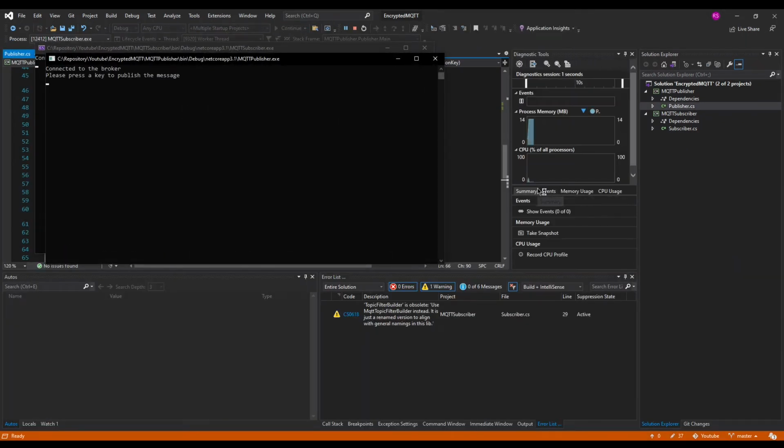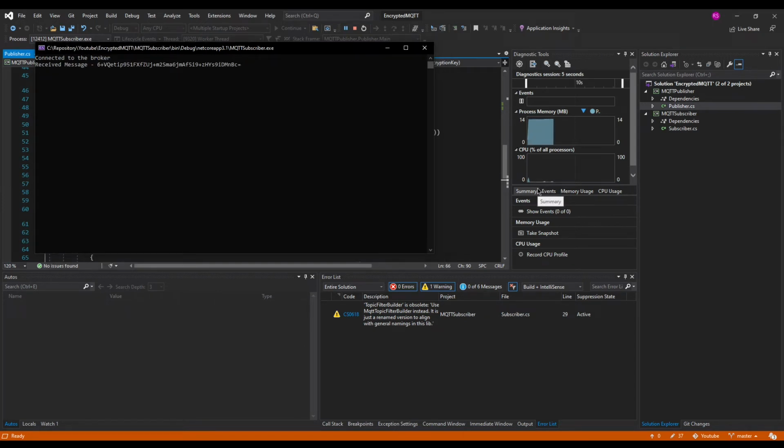So when we try to publish the same message, which is hello, but in an encrypted form, this is what is received at the subscriber's end. Since the subscriber does not have the encryption key, the subscriber cannot decrypt the message and get the actual message.